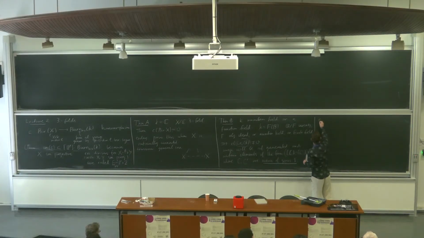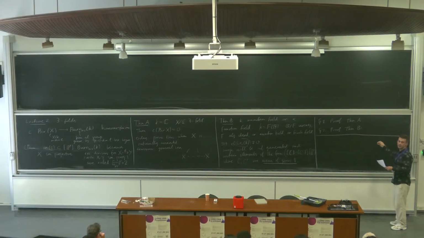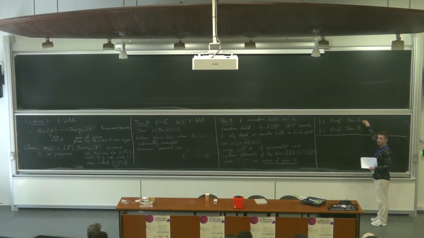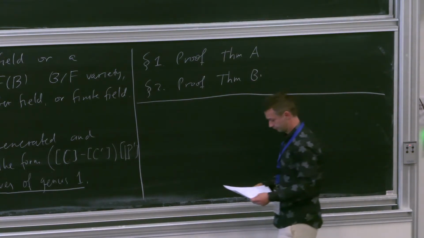So basically, the two parts for today is we'll prove theorem 1A for rationally connected varieties, and we'll prove theorem B. And the methods are different. So some kind of constructions and abstractions. Here we need to make some abstractions, and here we need to come up with clever links that we can use.